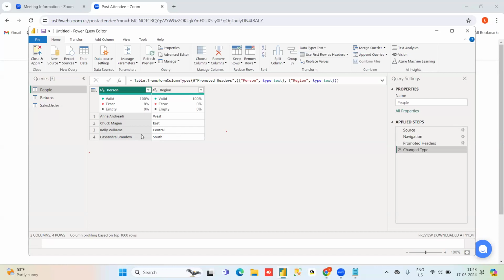But here what I wanted is to split this column. For example,